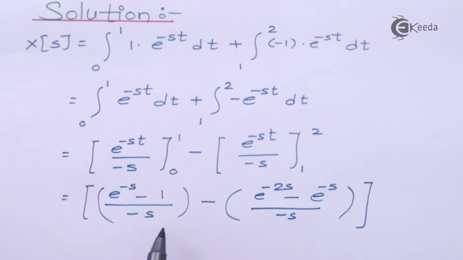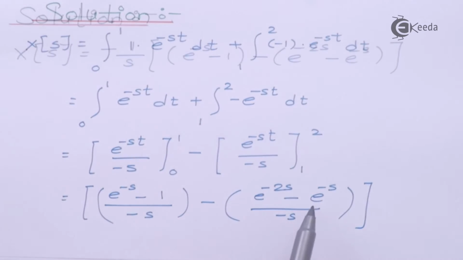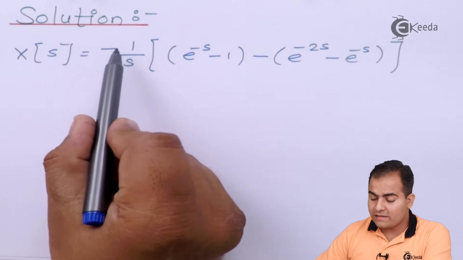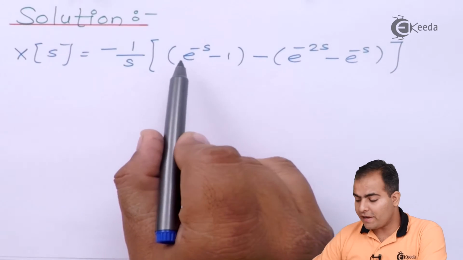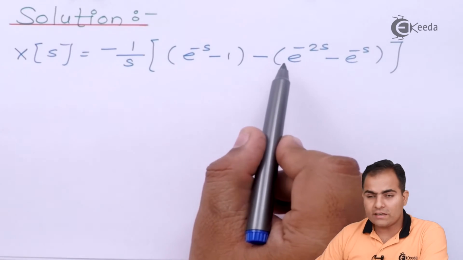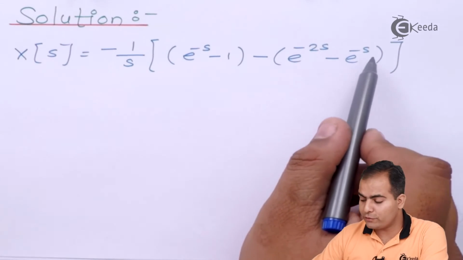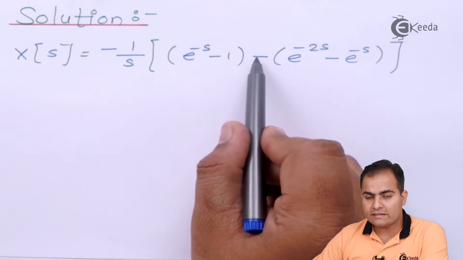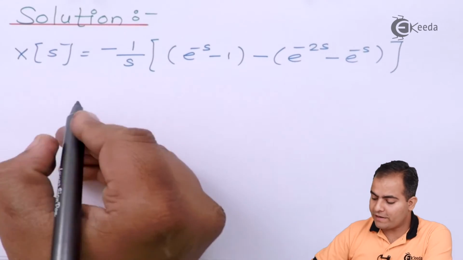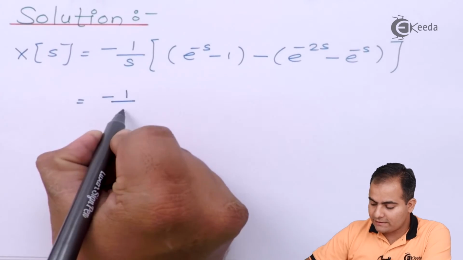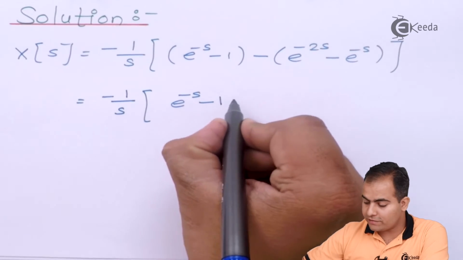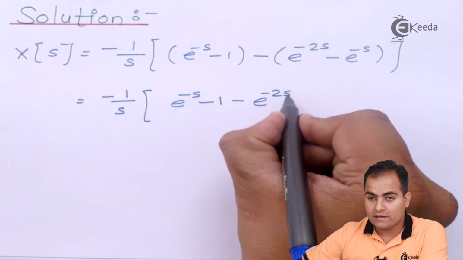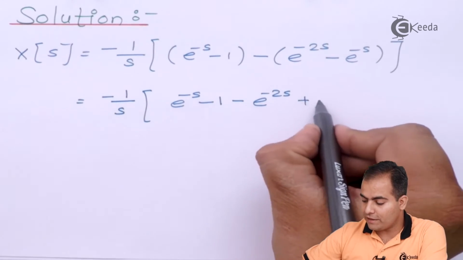Now what I'm going to do is take minus 1 by s common from both these terms. Now I have taken minus 1 by s common from both the brackets. Now what you will get is, in the first bracket, e to the power minus s minus 1, and in the second bracket e to the power minus 2s minus e to the power minus s. Now if we multiply this minus sign inside, what you will get is minus 1 by s, in the bracket e to the power minus s minus 1 minus e to the power minus 2s, minus minus becomes plus, so we have e to the power minus